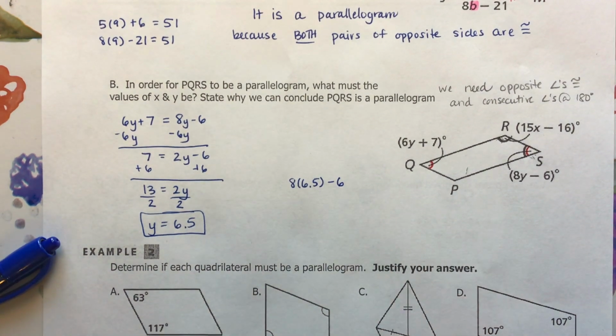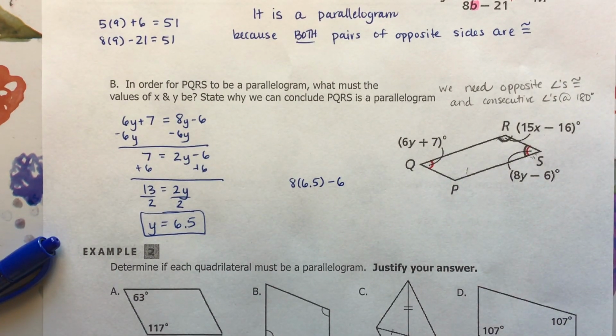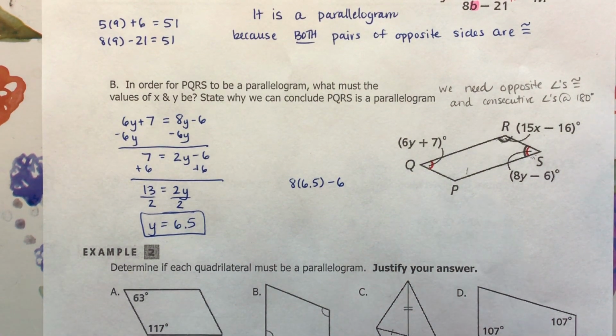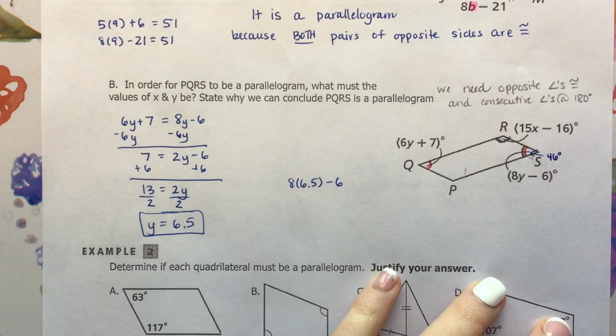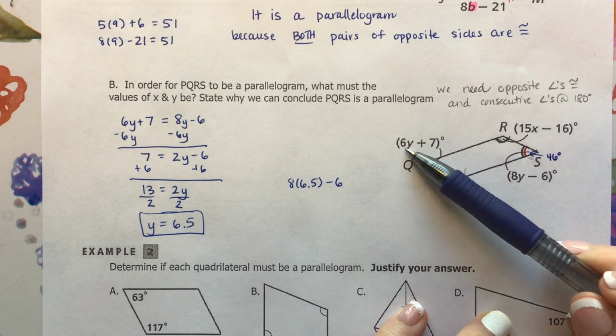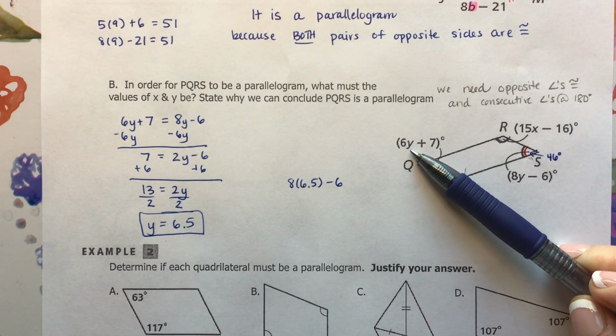Okay, so I got my calculator. And that is going to get me, when I take 8 times 6.5, and then I subtract 6 from it, I'm getting 46 degrees. So this guy right here is 46 degrees now. And I should be getting the same value if I were to plug that in there. So 6 times 6.5